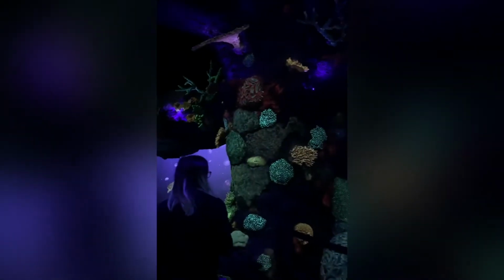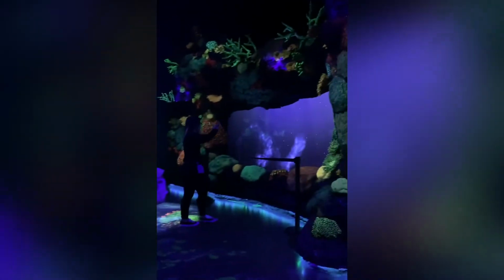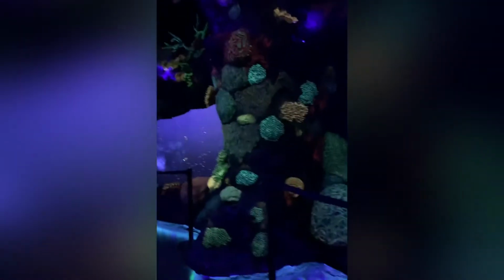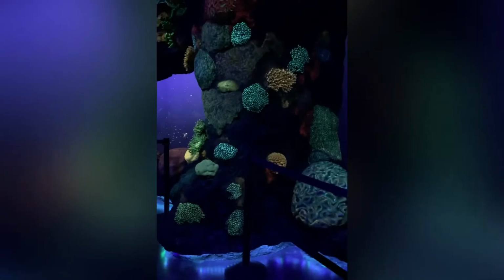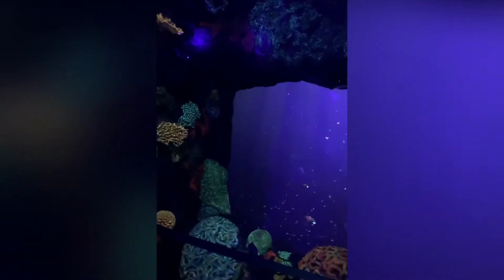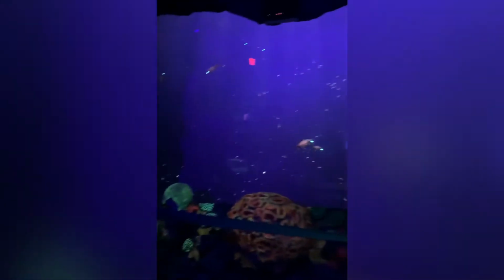On the walls and floors are animals that create their own light. Your movement will trigger a light-producing chemical reaction called bioluminescence. So you can wave your arms or legs around in the water in front of you or underneath you and create light. It's okay to touch this coral, but touching real coral would kill it. So while you're touching that coral and making that light, I'm going to tell you a little bit about what's going on. The first thing I'm going to talk about is all the glowing lights, that biofluorescence up in the